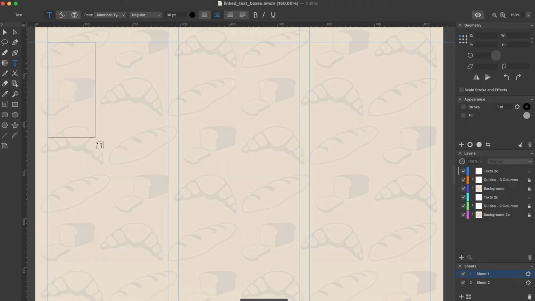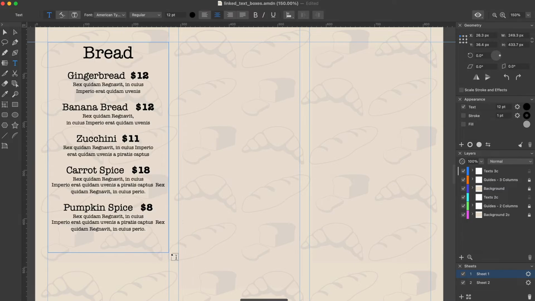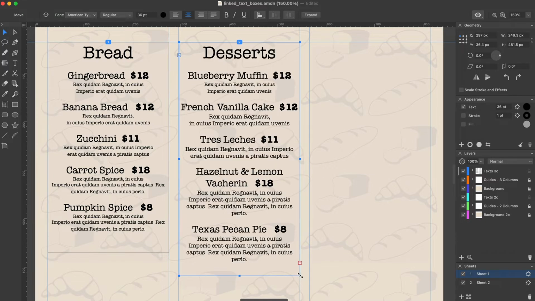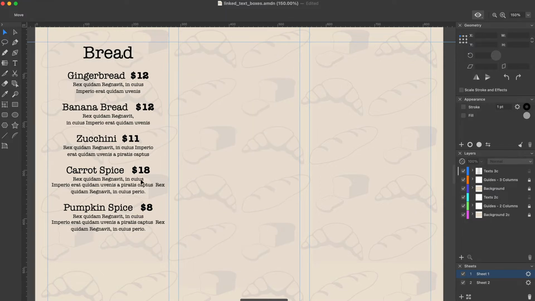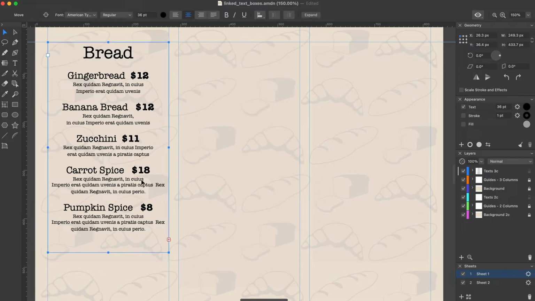Let me show you how linked text boxes work by drawing columns from scratch. We already know from the red plus icon that our text wouldn't fit into a single column. By using the plus icon to create a new text box, we link it to the first one, which allows the text to flow into the second column. The top of the frame displays a tag with the number of the text box in the sequence. If I delete the second column, the remaining first column will have no tag. This means that this text box is no longer a part of a sequence, so there's no need for numbering.